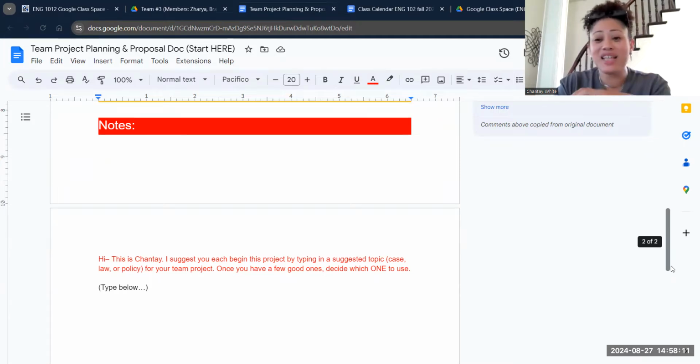You can pick anything that you want. Very often, I get awesome projects that deal with educational policies. That makes sense because, hey, education is a big part of all of our lives right now. We are literally in college. So you have lots of things to choose from. Throw a couple of ideas out here in the doc and let's see what your group members like.